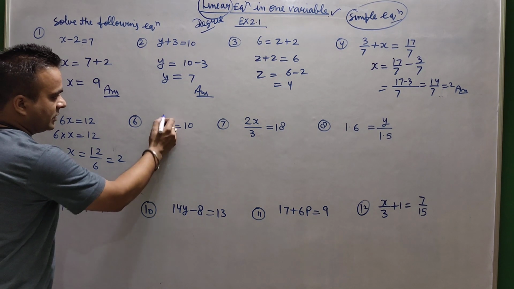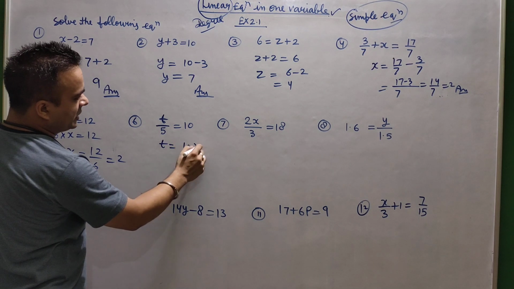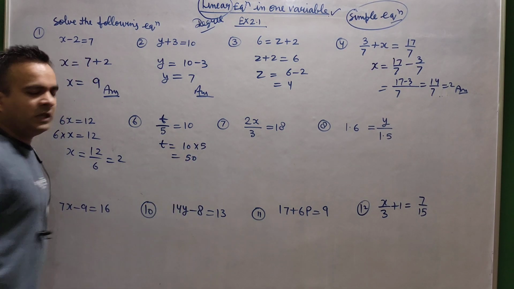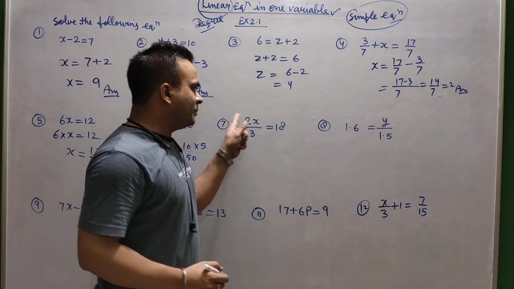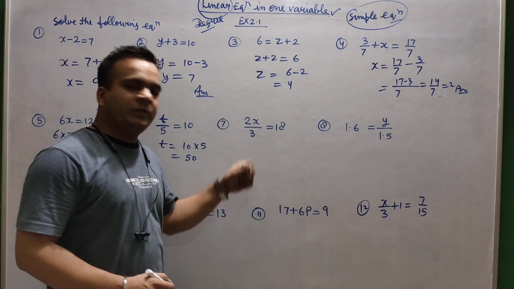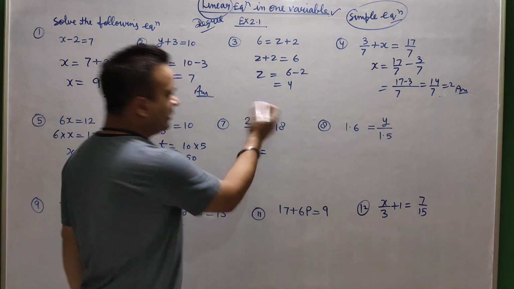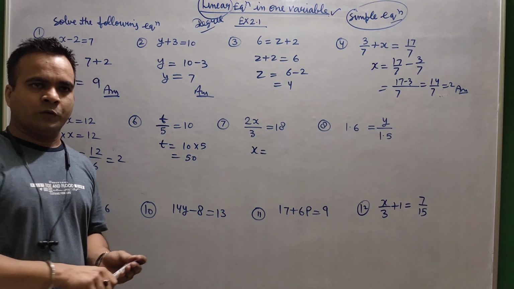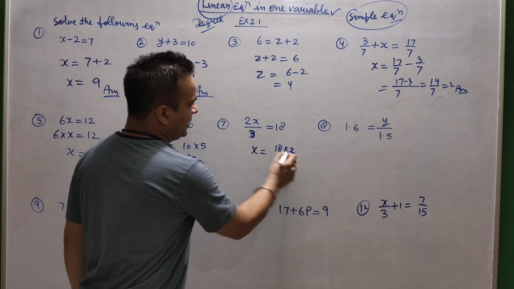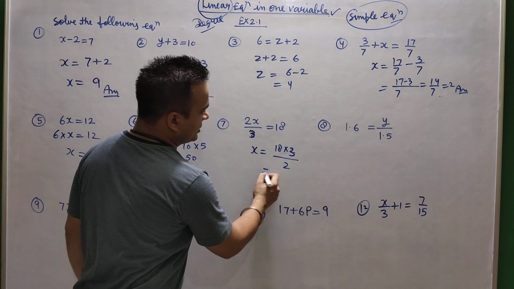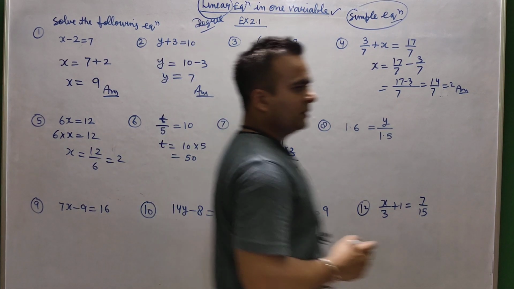So here you can see the 5 is in divide with the t, so it means transposition will be there in multiply. So it is 50, right? Here you can see the two things are here. One number is multiplied with the variable, and the second number is dividing that variable. So both will have different transposition operations, right? So this divide will go there in multiply, and this multiply will come here in divide. This is the best way to understand, and you will get 27, right?